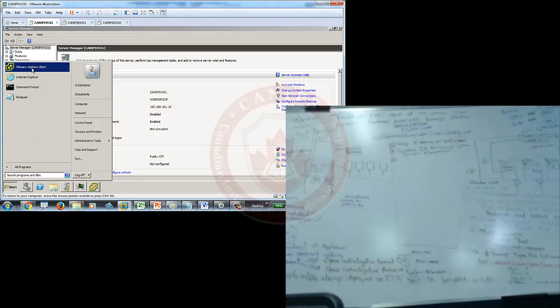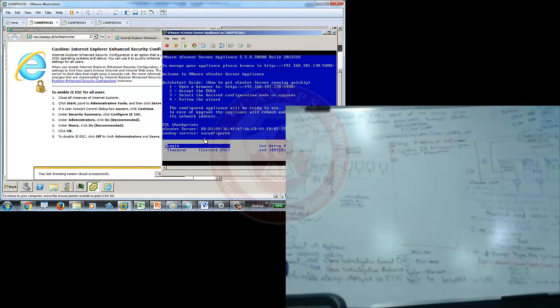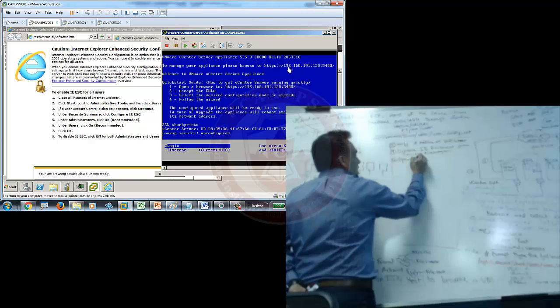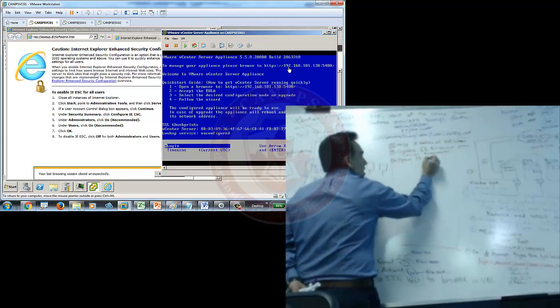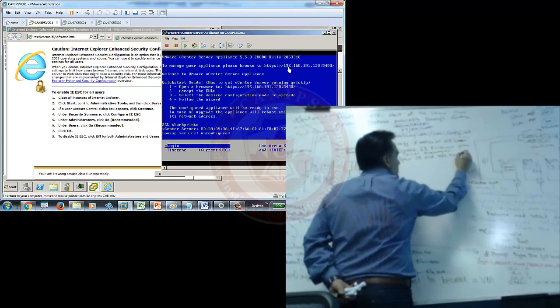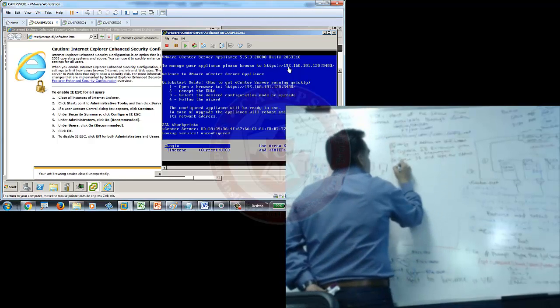Then you open IE, Internet Explorer, and here type the address of your VCSA. Now, where do you get the address? You get the address right from here, right from the screen. It is HTTPS, and so here I would say open IE and type the address. And address is HTTPS